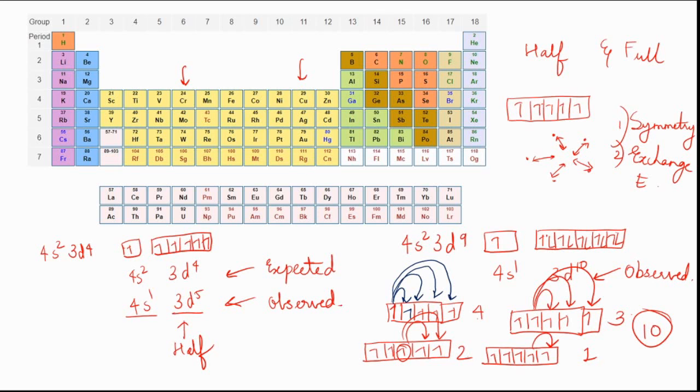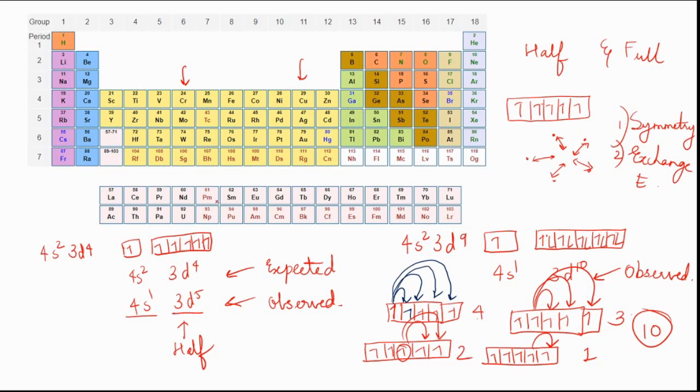And this gives us a conclusion that whenever an orbital can achieve a half-filled stability, it will always try to do so, even if it doesn't follow the Aufbau principle. By the Aufbau principle, the 4s electrons should be filled first and 3d later. But to attain the stability, even this rule is sometimes not followed. So this was about the chapter.